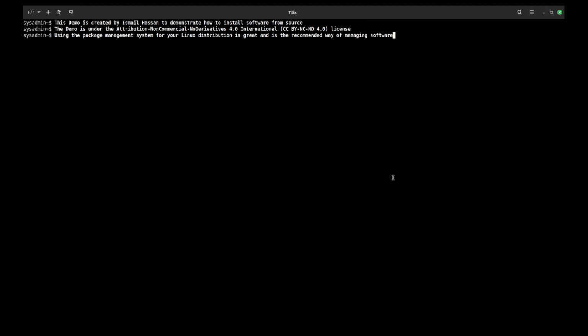So far, so good. Using the package management system on your Linux distribution is good, and it's the recommended way of managing software. It's a good way because, whether it's yum, apt, dnf, or snap, as long as you're using it, updating the software is taken care of automatically if you choose to do that, and everything goes smoothly. But